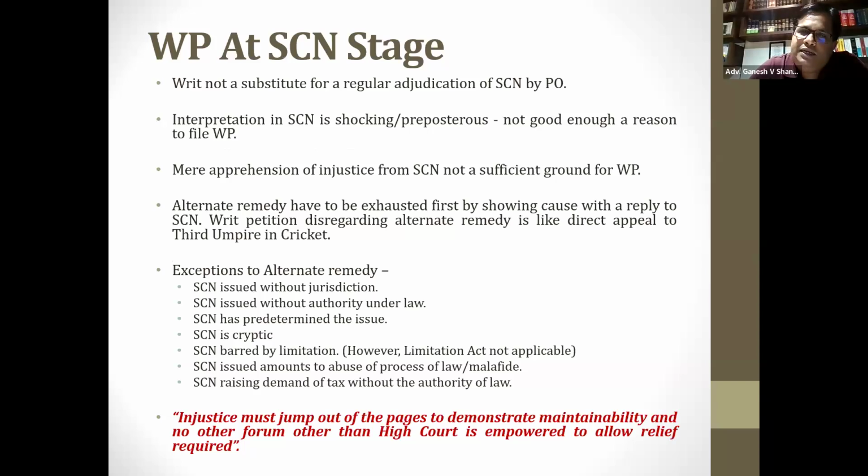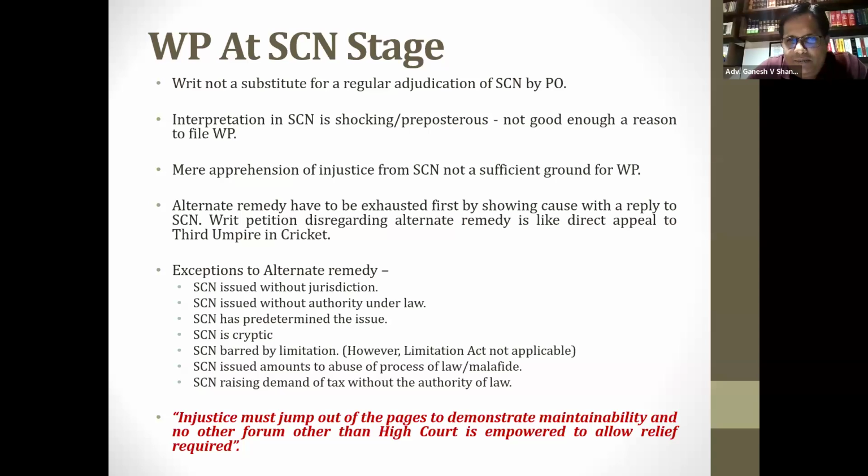Whenever a show cause notice comes up, the general feeling is that it is prejudicial, or one-sided, without giving consideration to the submissions which the taxpayer may have made when the audit was going on under Section 65 or the pre-show cause notice. We get a feeling that we are unduly harassed by the authorities.